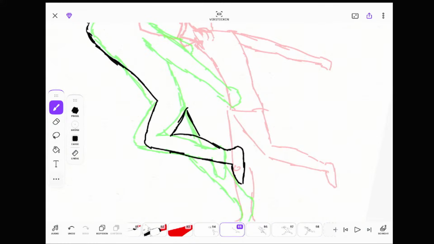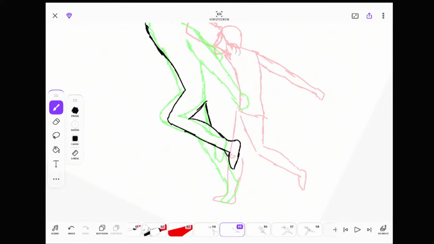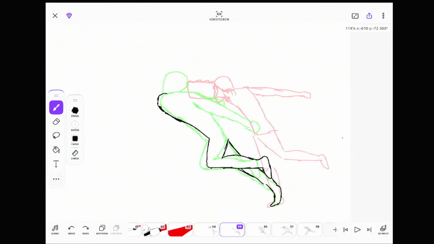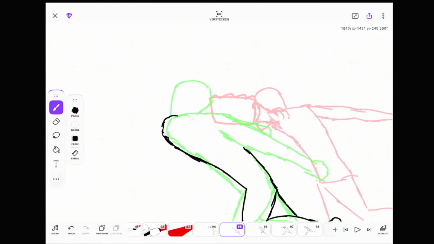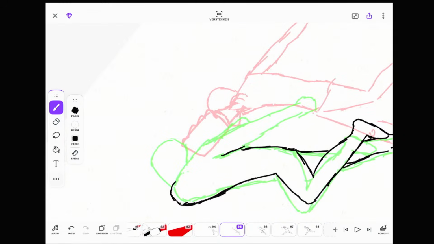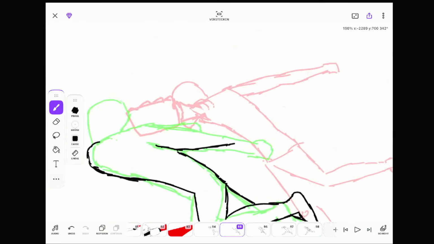The other arm goes a little more to this side, because right here it's more in the back of the frame, and right here it's more in the front.